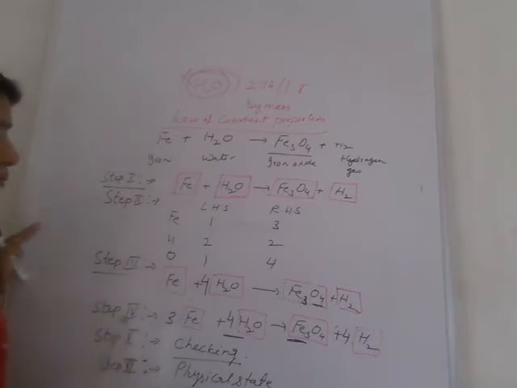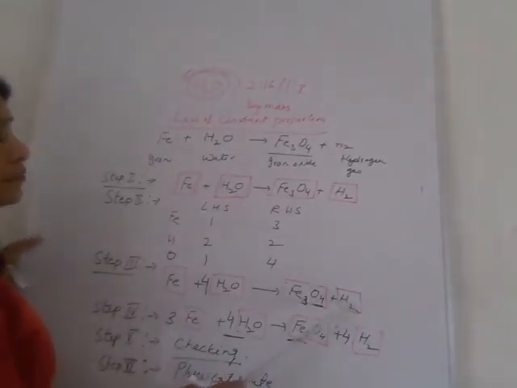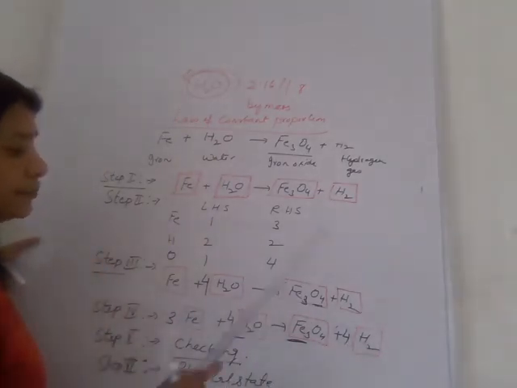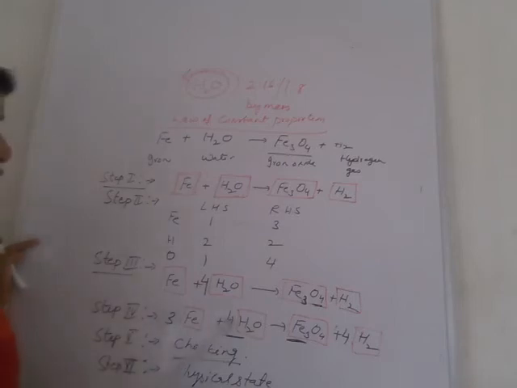Now in the next step, the fourth step, we are left with iron and hydrogen. We can balance either of these two first, but let us start with hydrogen. Students, this side there are 2 hydrogen, but this side 4 into 2, that is 8. So to make it 8, we have to write 4 in front of hydrogen. Now 4 into 2 is 8. So the hydrogen is balanced.